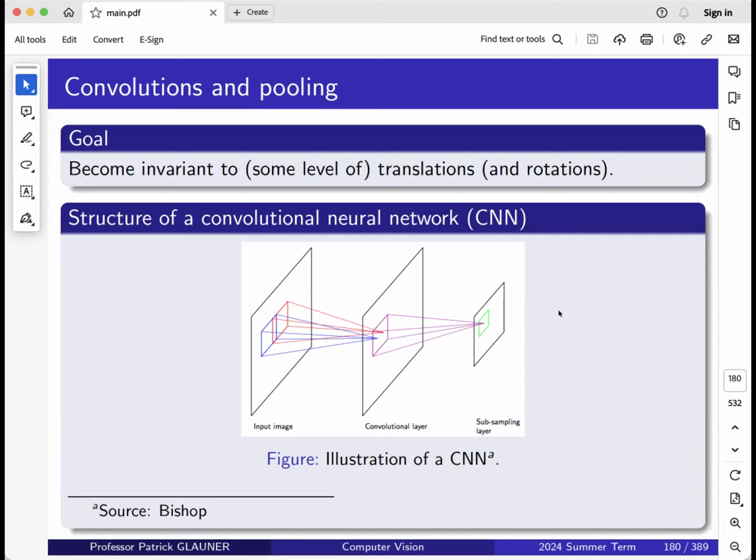And ideally, these windows overlap a little bit, but not every input is connected to every unit in the convolutional layer. So you're reducing the number of parameters. And the same would be valid if you add a second layer of convolutions. So you have a convolutional layer and then another convolutional layer. That second convolutional layer would also, with each of its units, look at a certain section of the